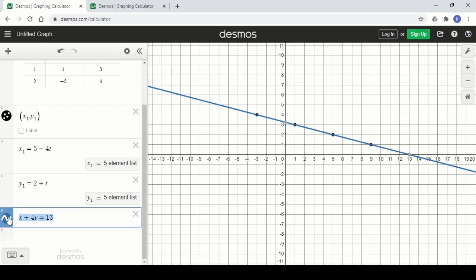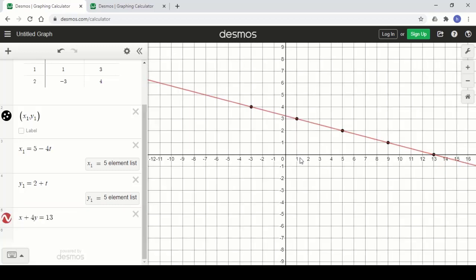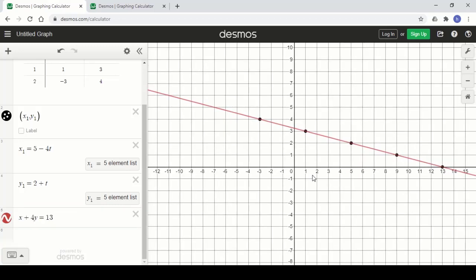So this is the Cartesian equation of that line: x plus 4y equals 13. Okay, and now at this point, of course, we're still not done with, and let me change this color to red right there. Okay, but now at this point, even though we're not done with example 3 here,